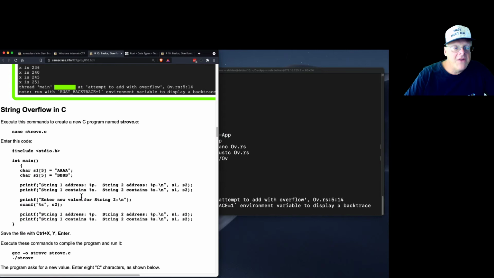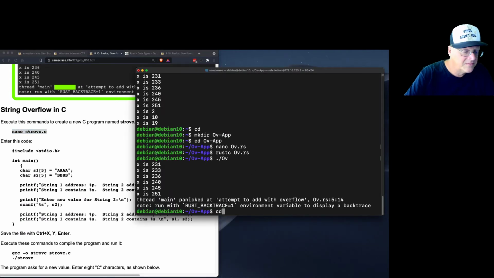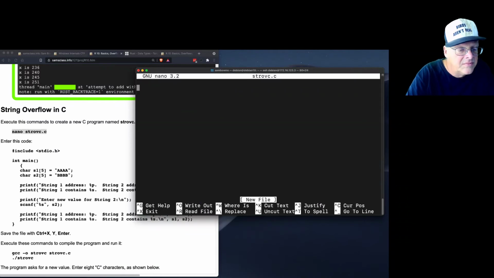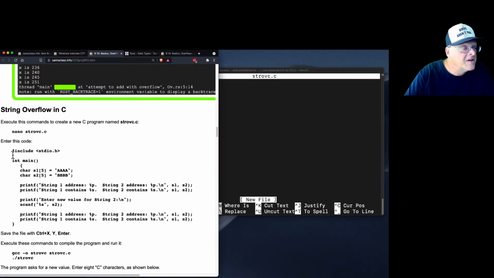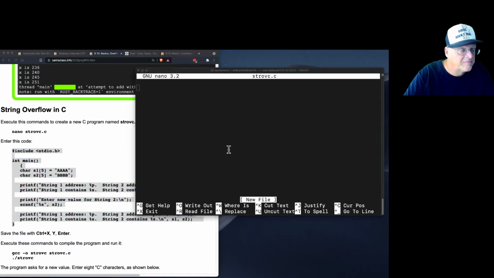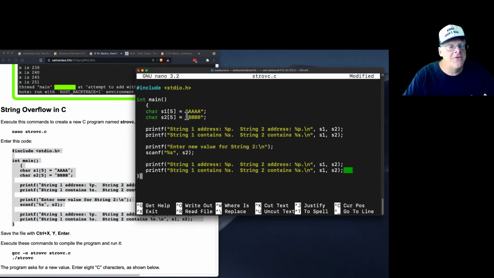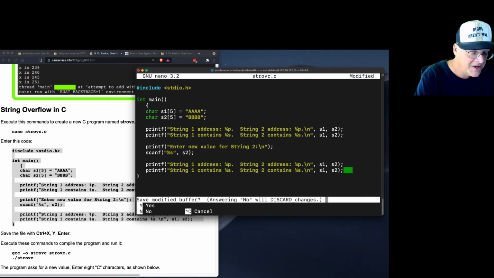All right. And the same thing with the other vulnerabilities you'll see in C. Here's a string overflow. So I have two strings. One has 4 A's in it, one has 4 B's in it. I'll write down where they are and what's in there. Then I can enter a new value for this one. And when I use scanf, it does not restrict how many characters I put in. And then I look to see what happened. So when I run this,